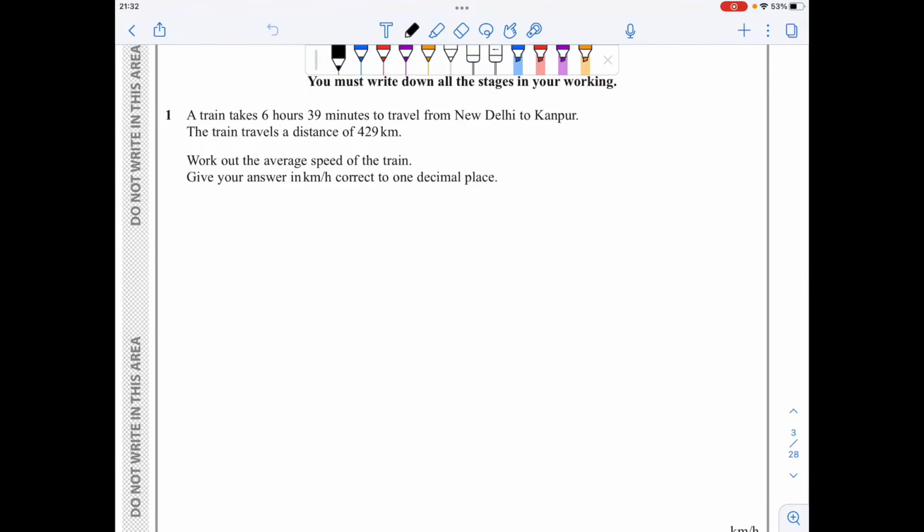For question 1, I will use the formula speed is equal to distance over time. So speed is equal to 429 over the time. Now note that the time is 6 hours and 39 minutes. This is equal to 6 and 39 over 60 hours. I can simplify this one as 6 and 13 over 60 hours, or if I want, I can even convert